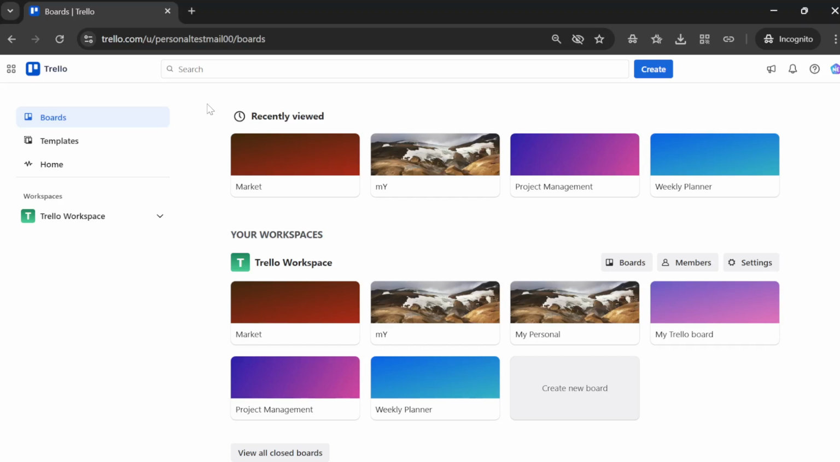Hello, everyone. Today, I'm going to show you how to use Trello and Google Drive together to streamline your workflow